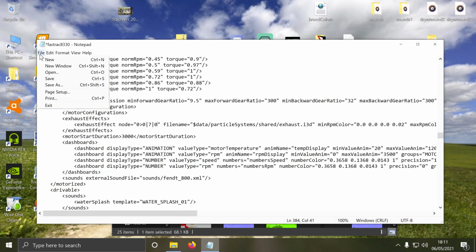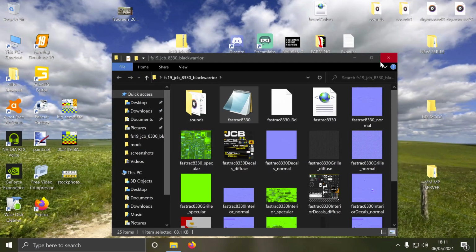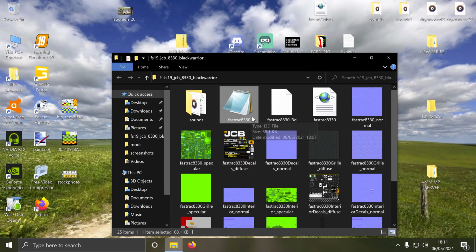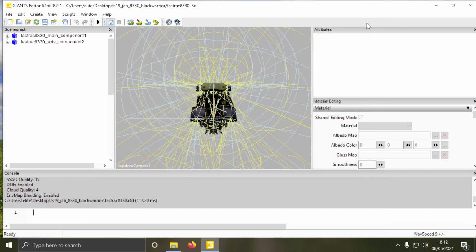And what you can do now is save that. So that is it. That, on one exhaust config, that will work, or should work. So if we close that now, you're done. If you re-zip your mod and go back in, that should be totally fine. But the issue you're going to get is if we reopen it in GE,